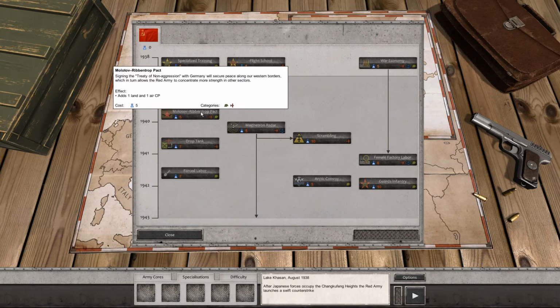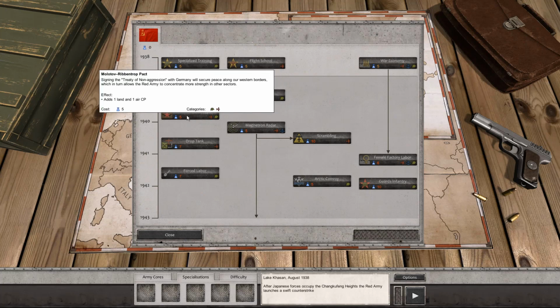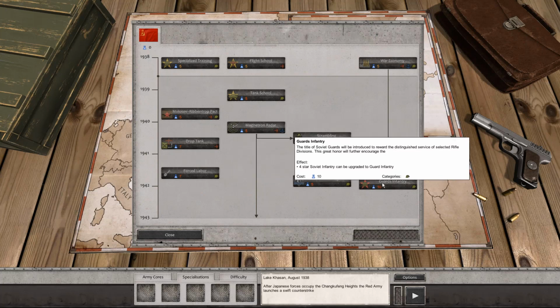I guess we have the Molotov-Ribbentrop Pact. Haven't seen that before, which adds 1 land, 1 air CP. Arctic Convoys: free Valentine tank, and allows the purchase of Valentines and Matildas. Okay then. And Guards Infantry. The title of Soviet Guards will be introduced to reward distinguished service. Great honor will further encourage the...